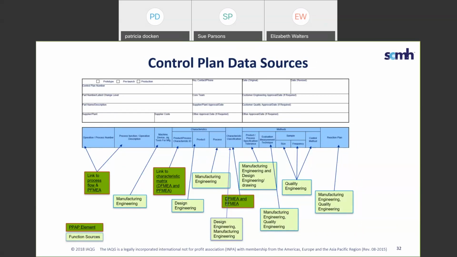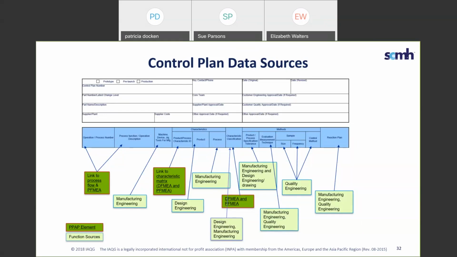Let's remember that the control plan should have linkage to the DFMEA, should have linkage to key and special characteristics, process flow diagram type items, and also the process failure modes and effects analysis. You can see some of the linkages here, the operation or process number and the process function and operation description. Those come from the process flow diagram and the PFMEA.